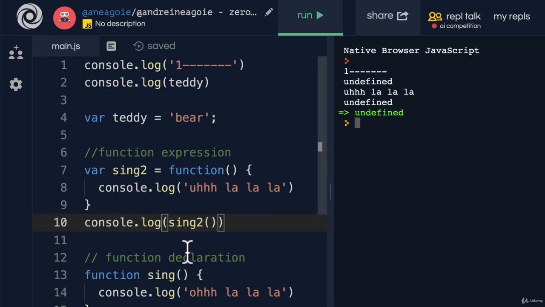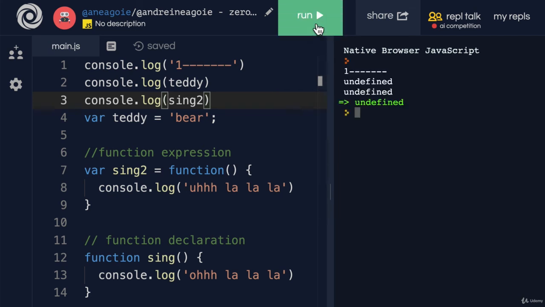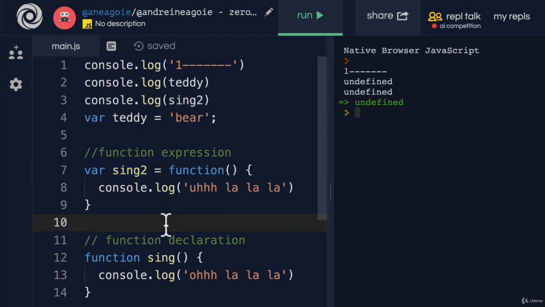it's working for us. And if we go back and just console log sing2 instead of running it with the brackets, I get undefined because sing2 was hoisted. So to review,